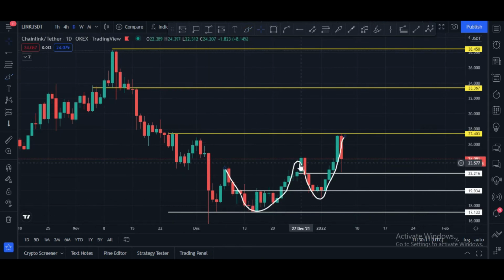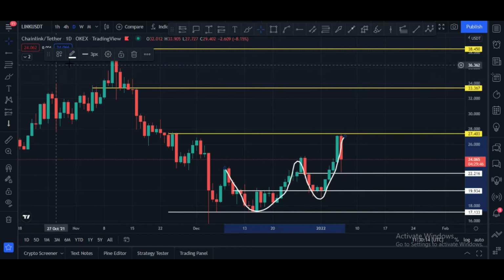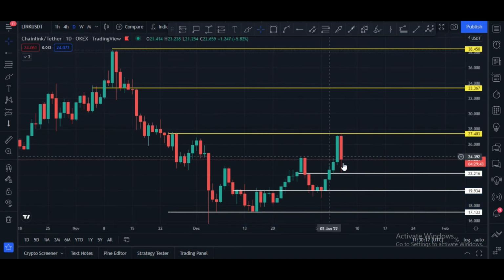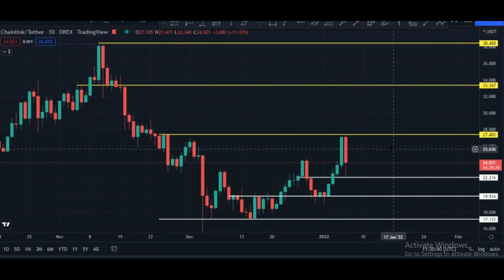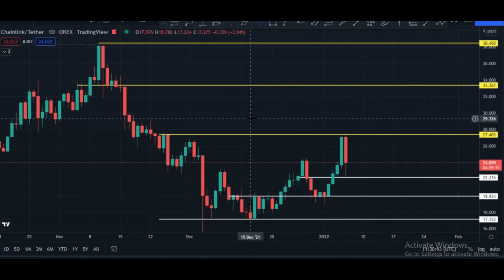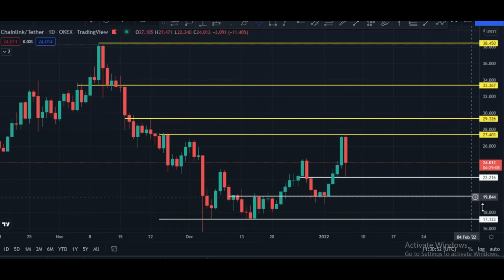Now price can find support at this level, which is the $22 price area. That is why the $22 price area is very important, as I mentioned before, because of this main fib level, because of this EMA ribbon, and because of the support area. If price breaks this $22 price zone, next area is the $20 price zone, and after that $17, maybe the $16 price area. And if price breaks the $27 price area, next target would be easily $29, after that $33. This area is also very important to break, and this is at the $29 price area.